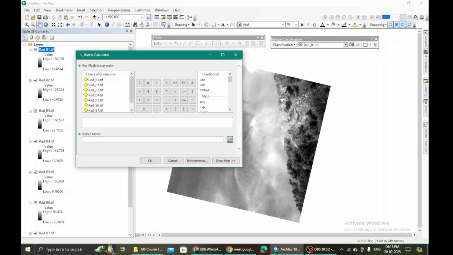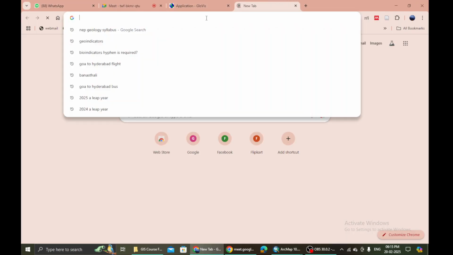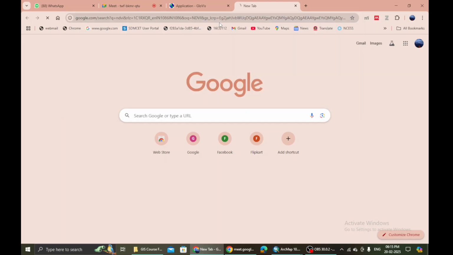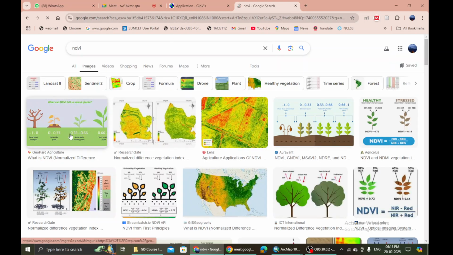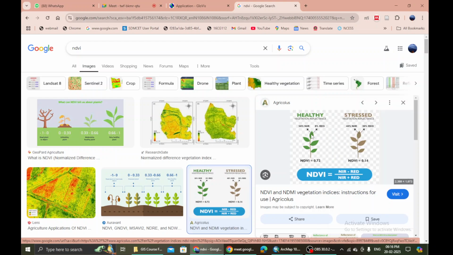Have you heard of NDVI, Normalized Difference Vegetation Index?